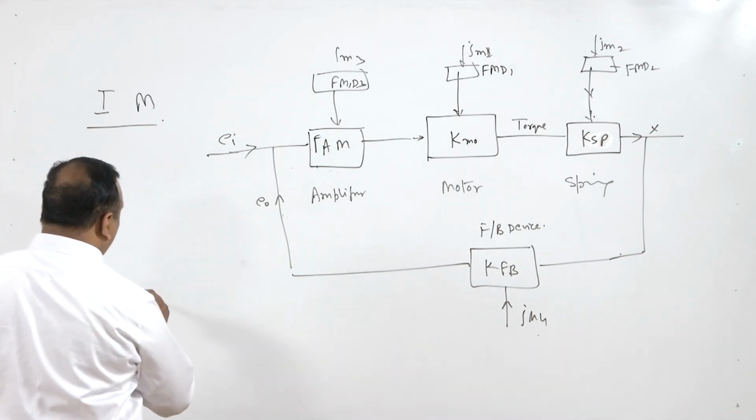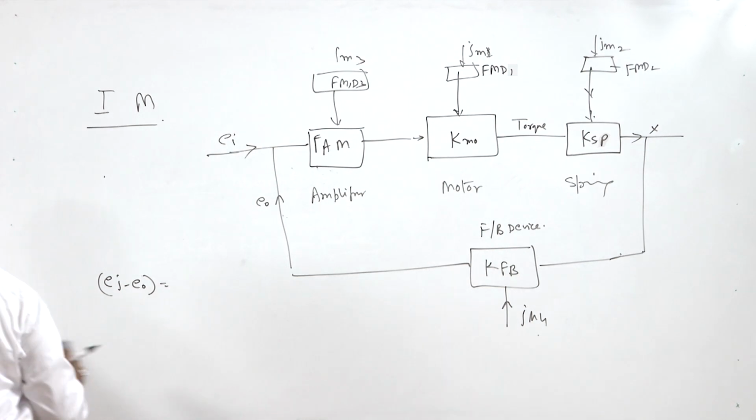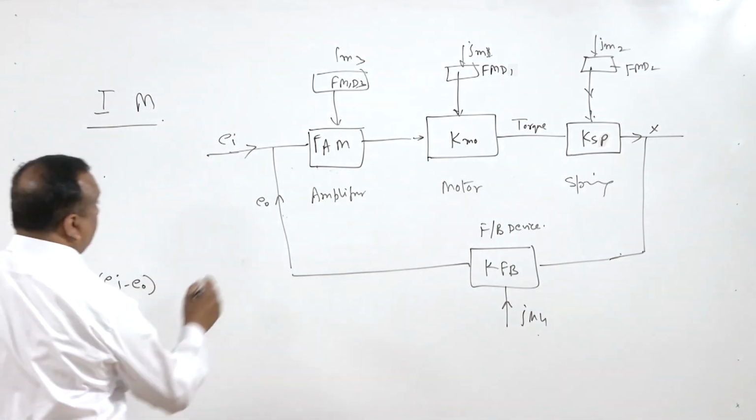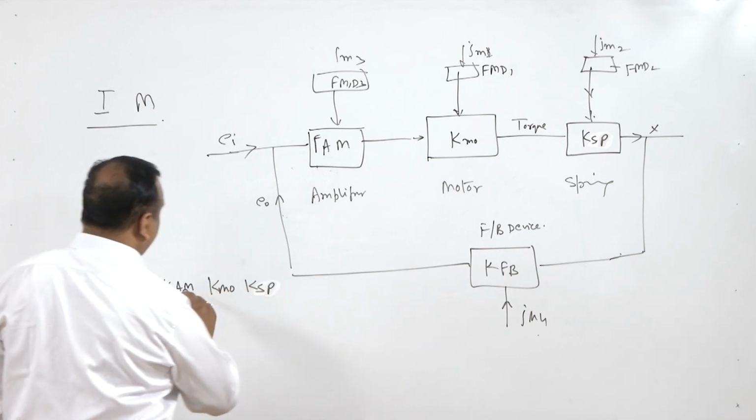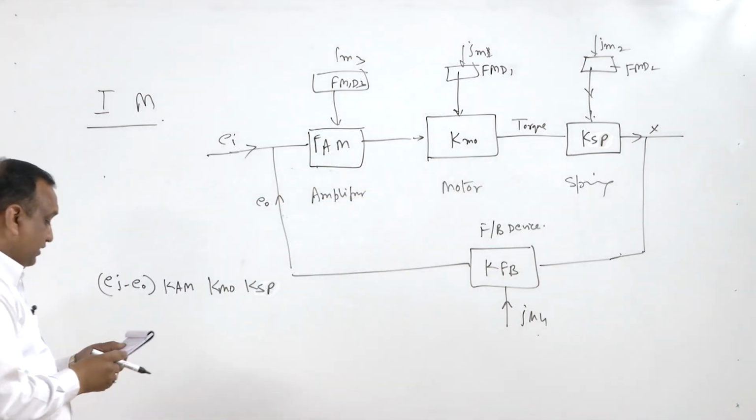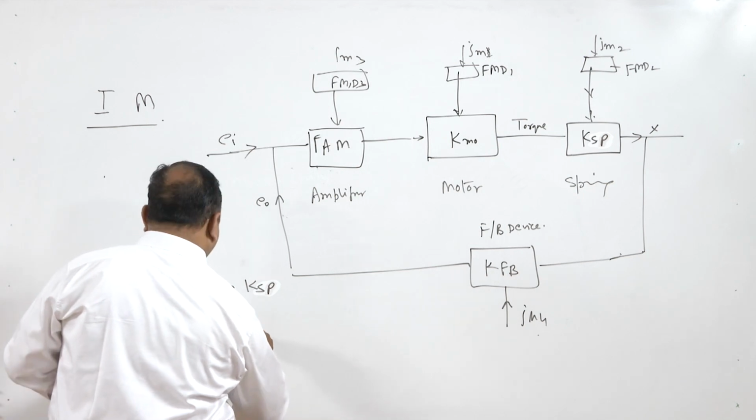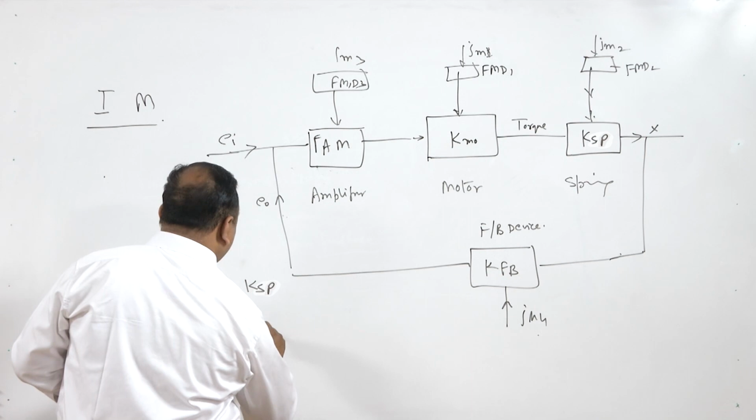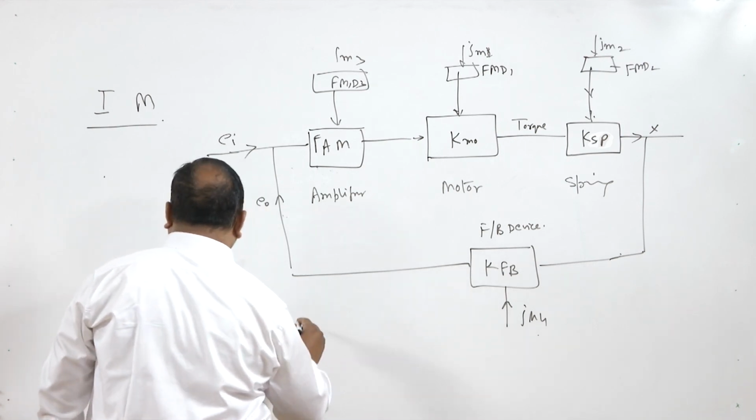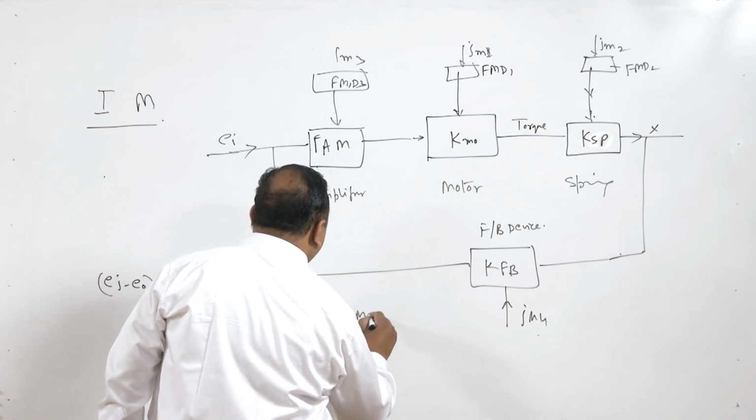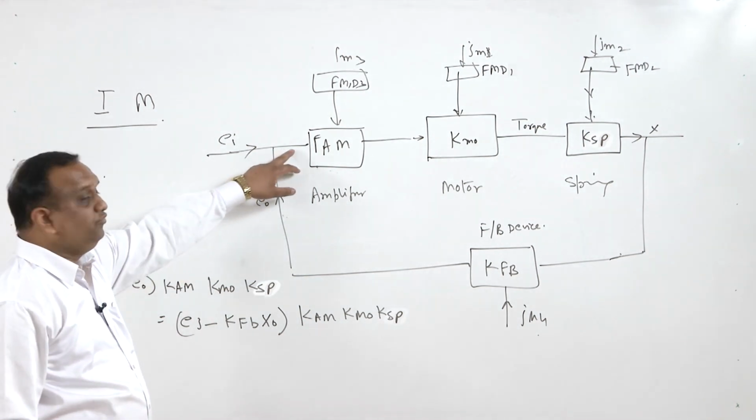Now EI minus EO is equal to K AM, K MO, K SP, they will be multiplied, right, is equal to EI minus KFB, K feedback, KFB XO multiplied by KAM, KMO, KSP. Now what we have done here, EI minus EO, that is the actual input which is going in, because